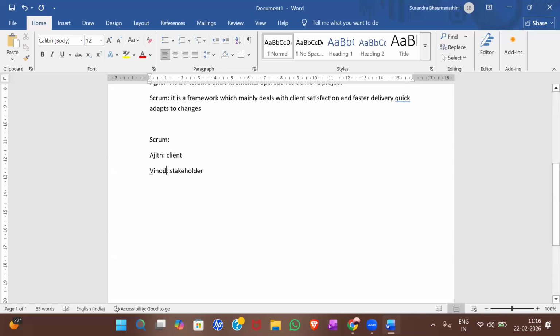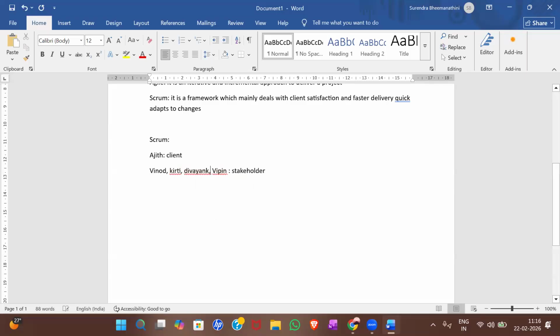Let's say we want a couple of stakeholders. We will go with Kirti and Vinod, Divyank, Vipin. So these are all the stakeholders for our